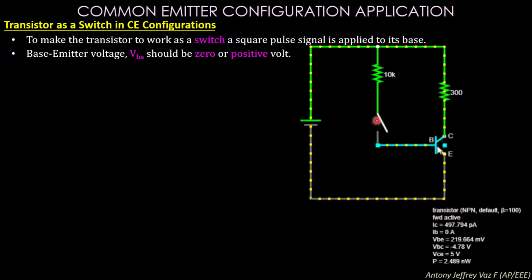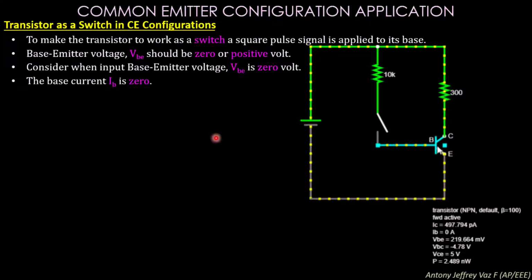When it is turned off, the supply will not enter the base, so the transistor will not work; it is said to be at 0 volt. Let us see. Consider when the input base emitter voltage VBE is 0 volt. For this circuit, you may see the switch is in the turned off state. So the VBE voltage, the base and emitter voltage, when you measure across this, will give you 0 volt. The voltage across VBE is nearly 0, in millivolts.